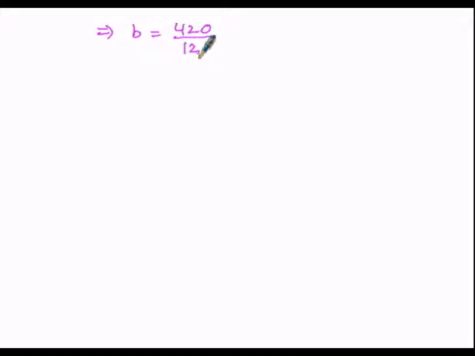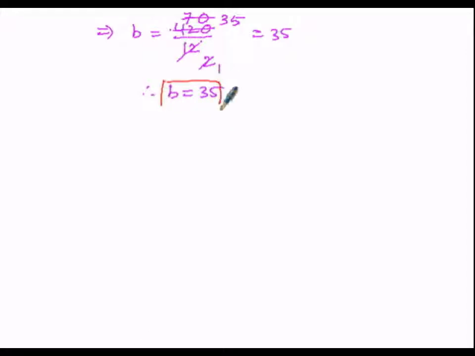So here let us cancel both by means of 6 table. 6 2s is 12, then 6 7s is 42, then 6 0s is 0. So here 2 1s, 2 3s is 6, then 1 is left over, that is 10, 2 5s is 10, then that is equal to 35. So in this manner I got the b value as 35.